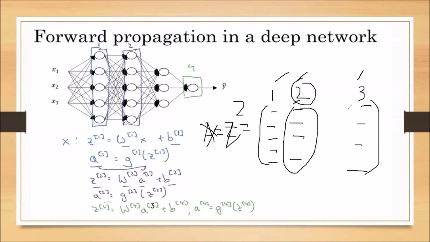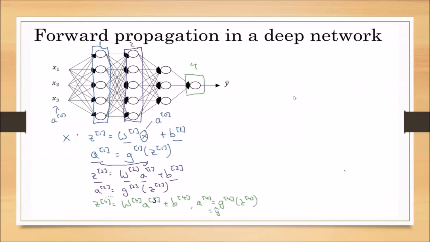If I take some 3, it is giving the third training sample's Z value for the first layer. This is how we denote it when we are vectorizing. Another point to mention here: we can also take the input layer as A superscript 0. We can call the first layer A superscript 1. For our convenience, we may call the input the 0th layer.